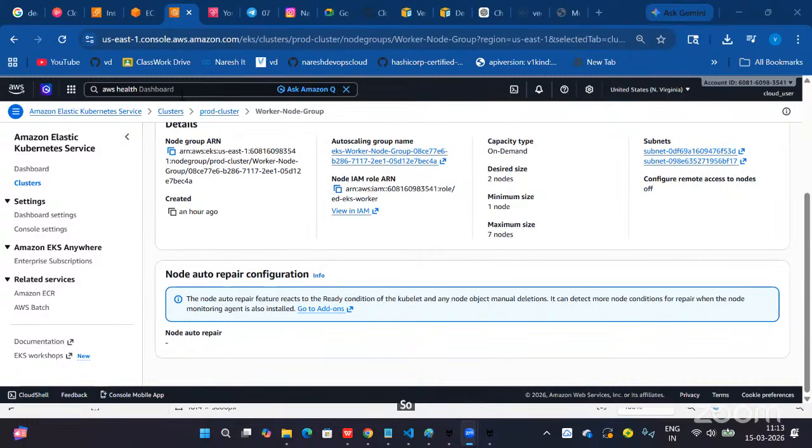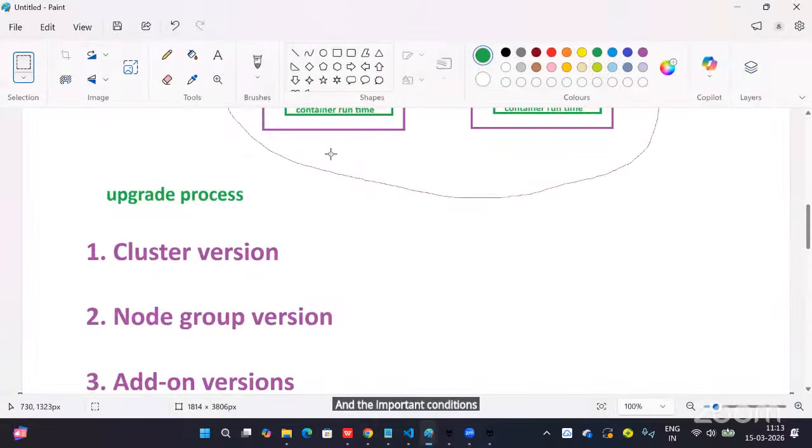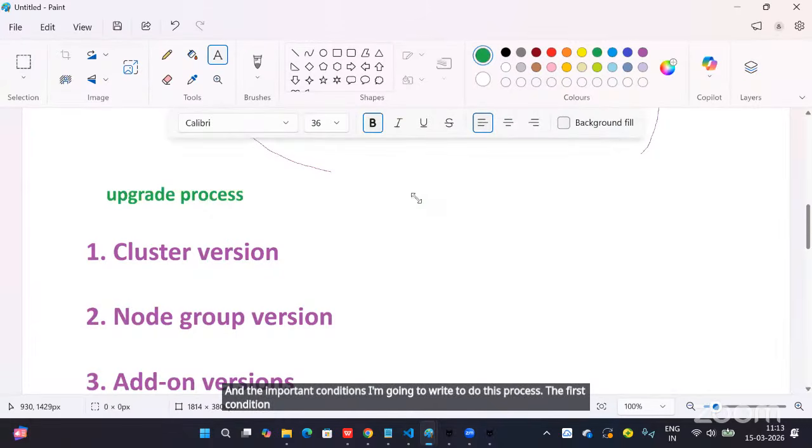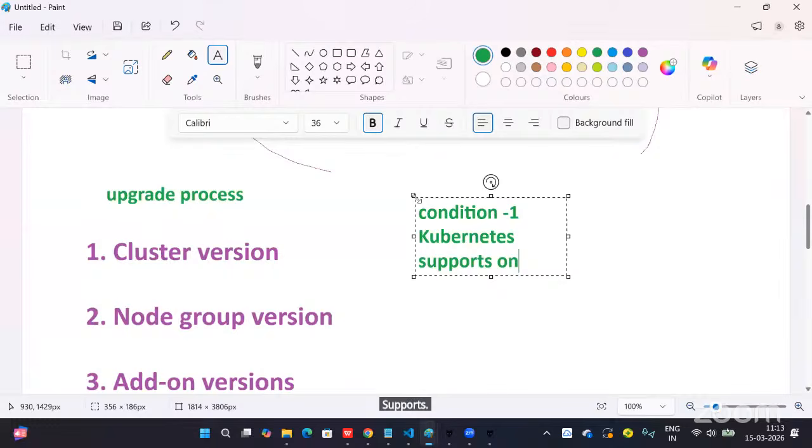So guys, you got clarity, right? Let me explain. Important conditions I'm going to write for this process. The first condition is that Kubernetes supports only minor upgrades.